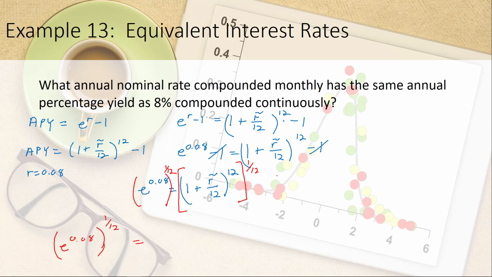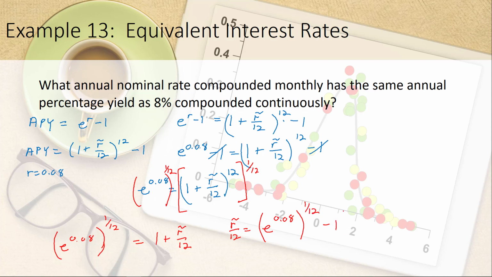And that is going to be equal to, now once again, using the power properties, we're going to have 1 plus r tilde over 12 raised to the 12th power, all of that being raised to the 1/12th power. So since we're going through grouping symbols, these will multiply, and this will be 1 plus r tilde divided by 12. Okay, if that's the case, we can subtract 1 from both sides, and we will have that r tilde over 12 is equal to e to the 0.08 power, or the 12th root of that,